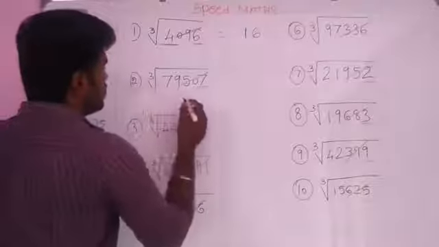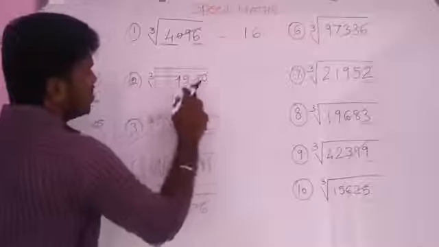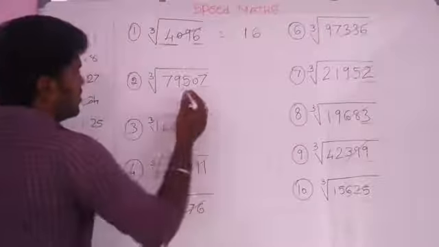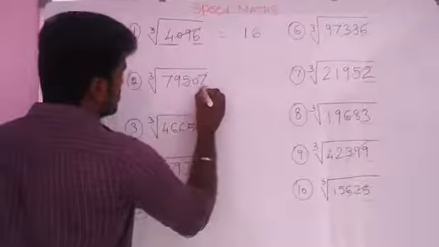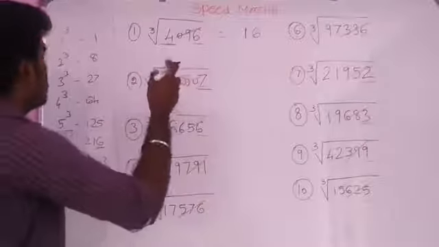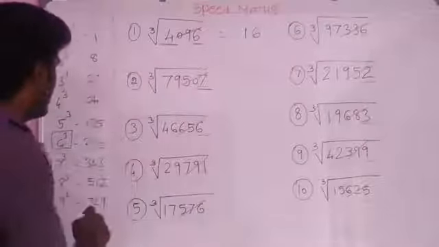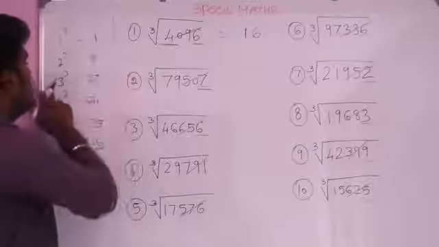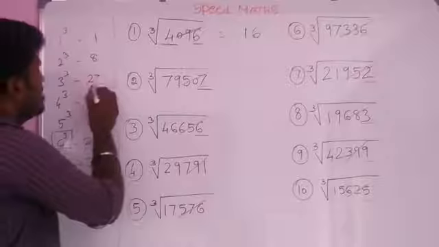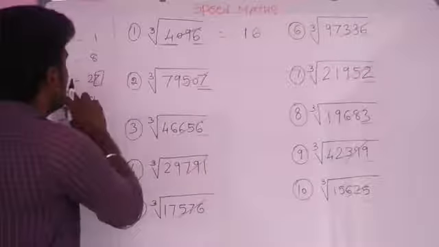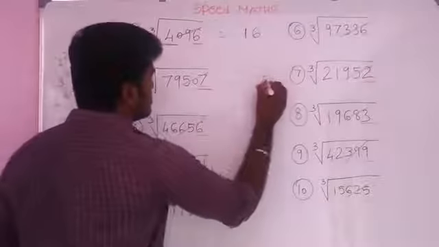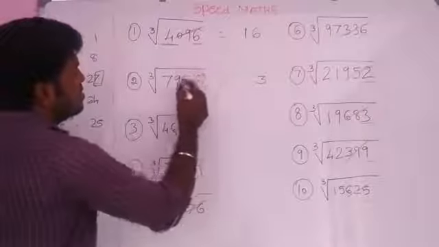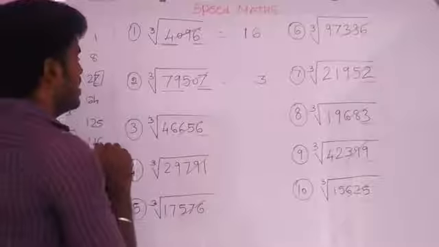And we can solve the next question. Find the cube root value of 79,507. In this question, we see the last digit 7 and compare the value 7 with the cube values from 1 to 9. From these cube values, we can see 3 cube, that is 27, has last digit 7. So take the value 3, and then omit the last three digits, and the remaining value is 79.